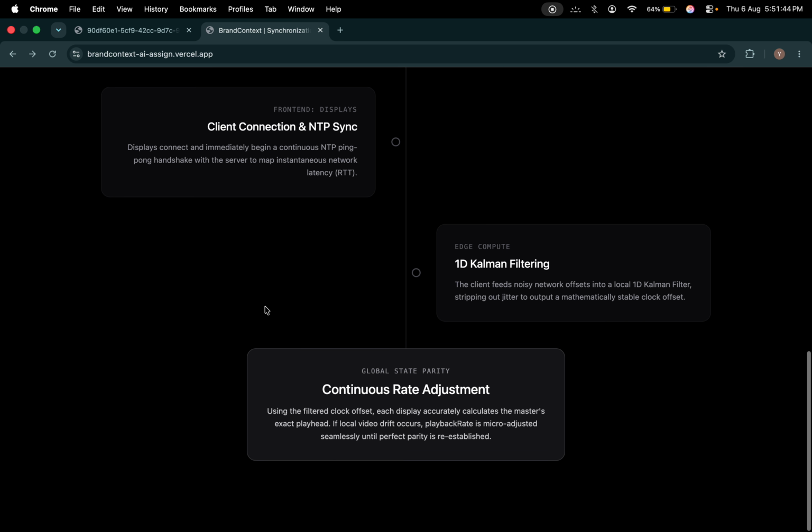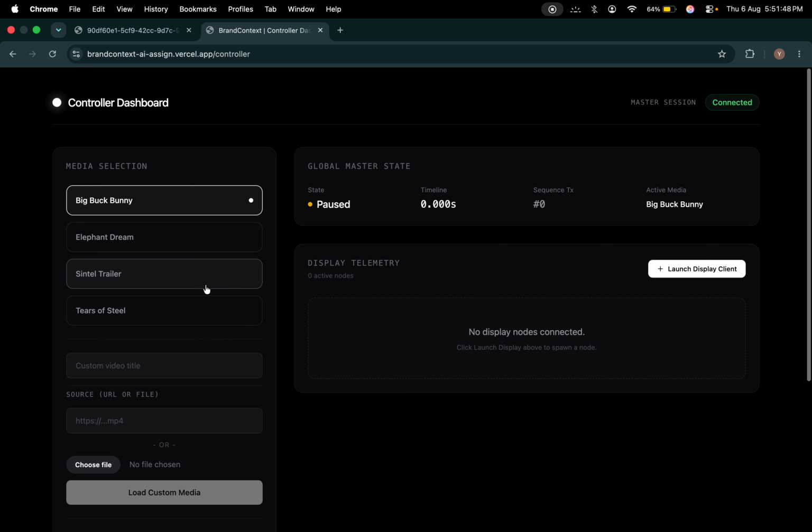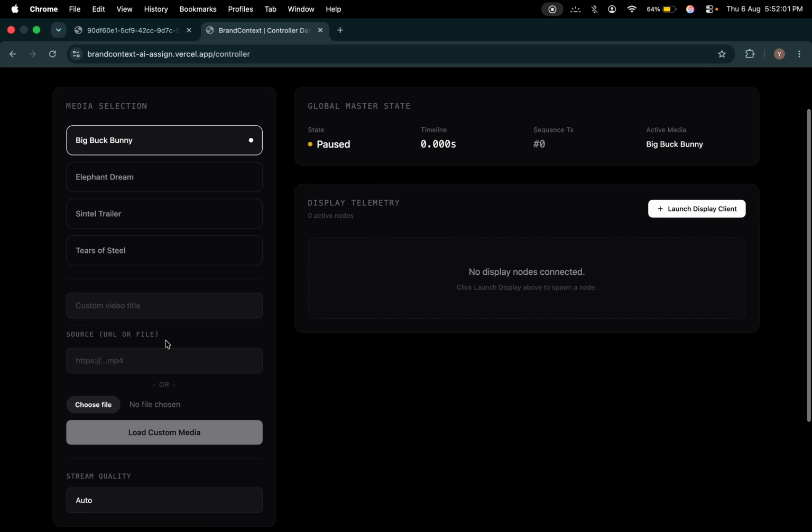So let us now walk through the controller. Here in the controller, I have pre-embedded four media items, which are Big Buck Bunny, Elephants Dream, Sintel Trailer, and Tears of Steel, which is now running in the backend. Now, if I launch the display,